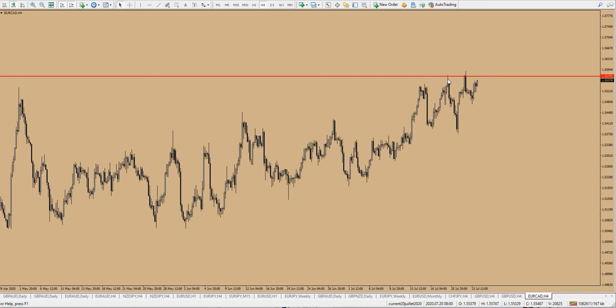As you can see, it was a double divergence. It did the divergence, it dipped, went back up, it's on another divergence. It might do another divergence and it might dip. So there was one divergence, dipped